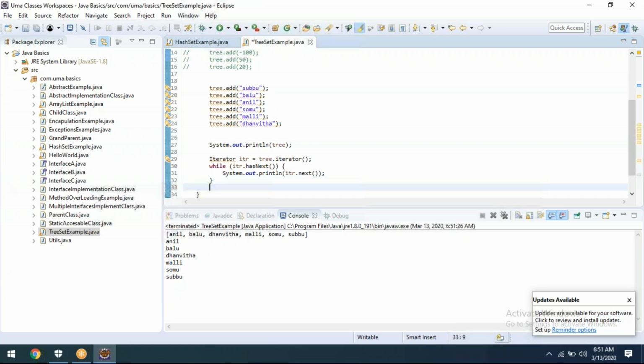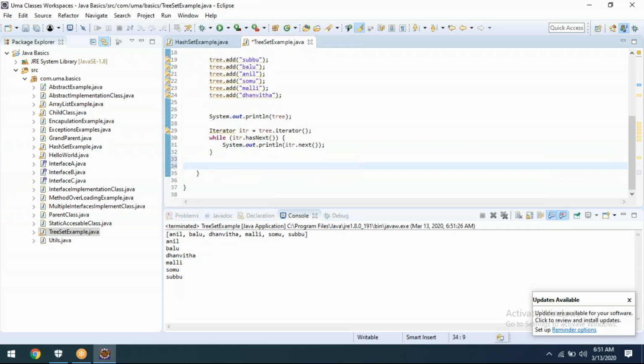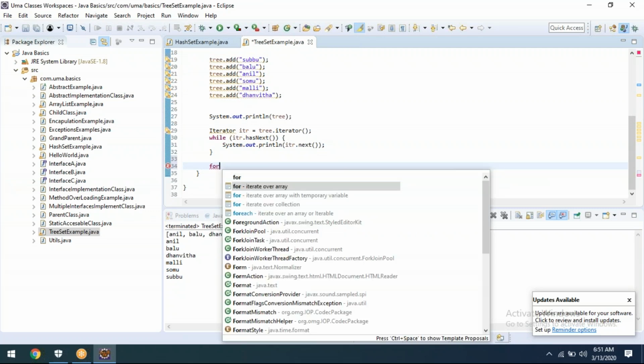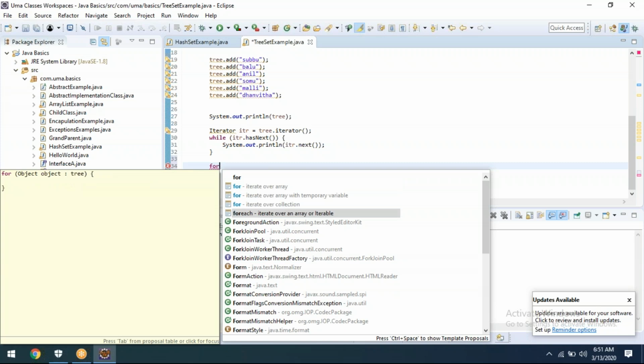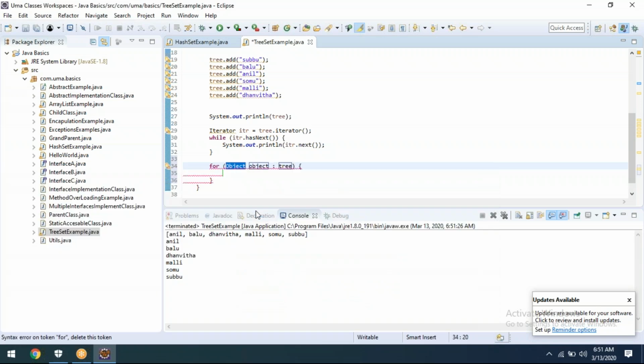Can you tell me how we can do for each? For Object, open the braces. Here itself we are able to see for each. It is almost always taken as a tree object, or if you already know it's a string, you can put String as well.